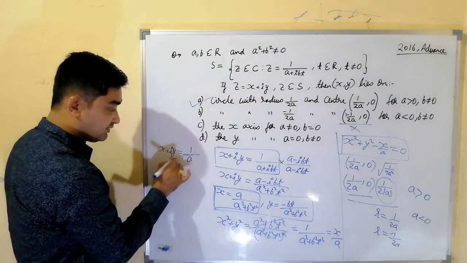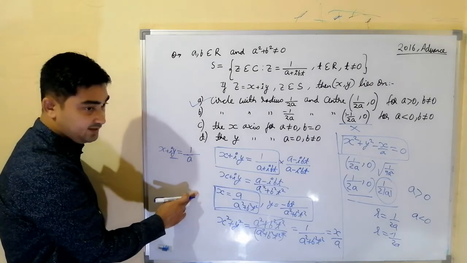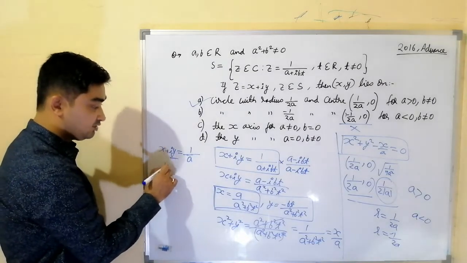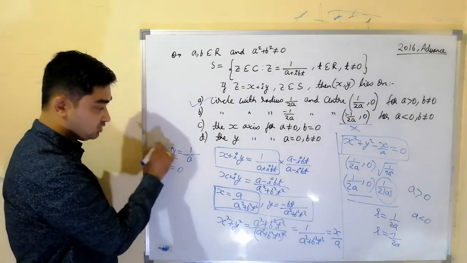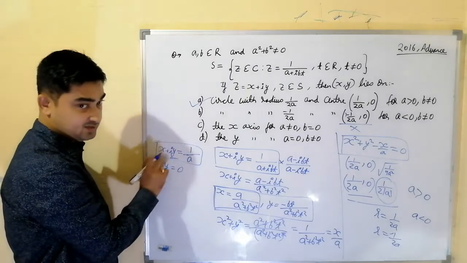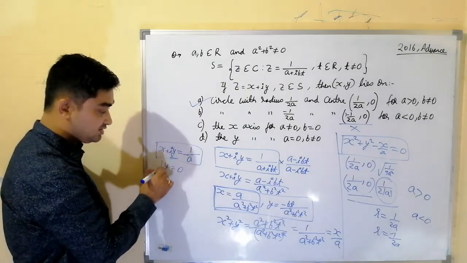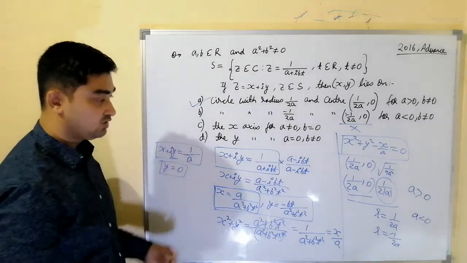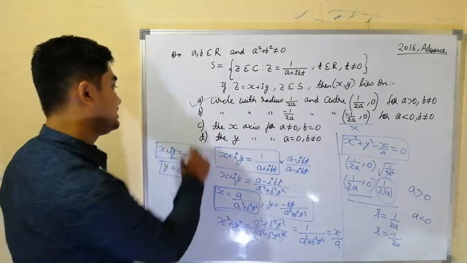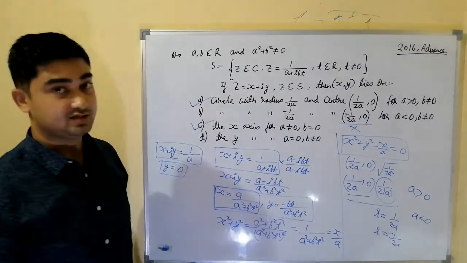Then that means there is no imaginary part on the right hand side. That means the imaginary part on the left hand side should be 0. Then only both complex numbers will be equal, the left hand side equal to the right hand side. So y is equal to 0. If y is equal to 0, whatever is x, the point will always lie on the x-axis.